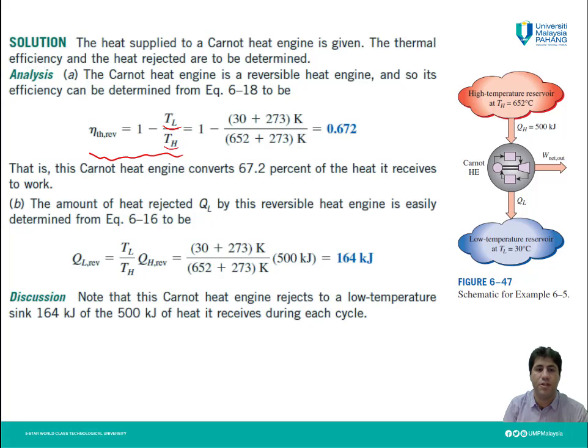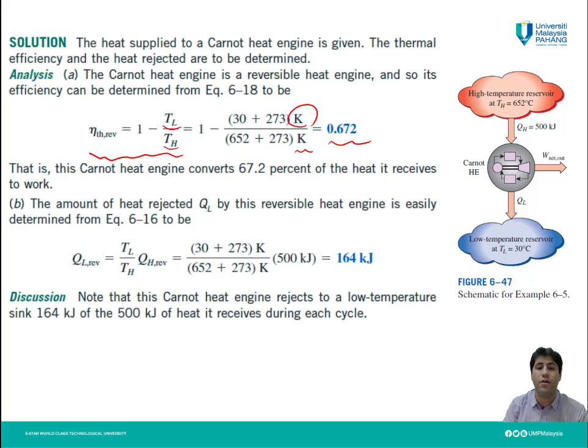So temperature of TL is 30 degrees Celsius plus 273 to convert from Celsius to Kelvin. Same for TH, which is 652 plus 273, converted to Kelvin. So the thermal efficiency for this Carnot heat engine is